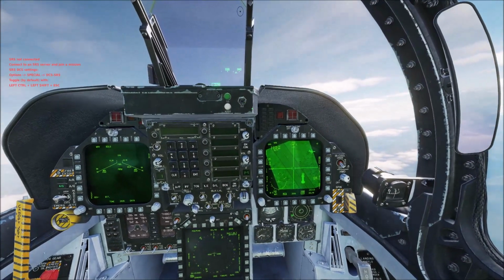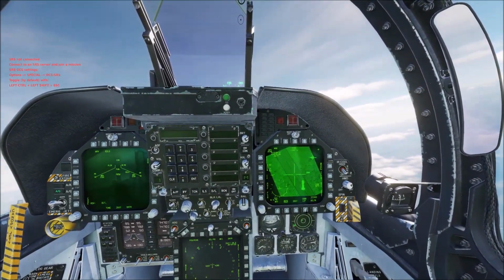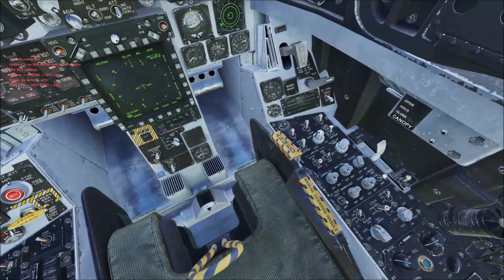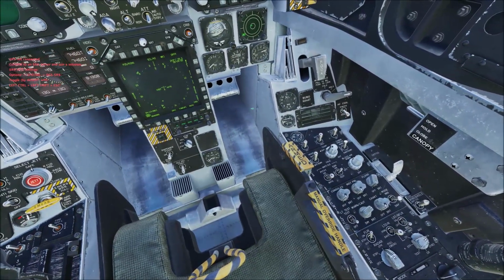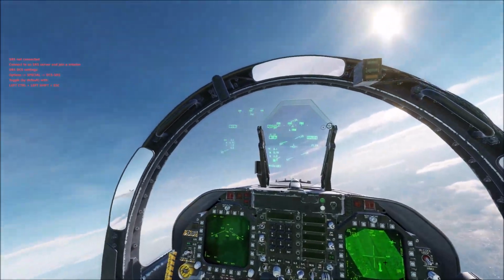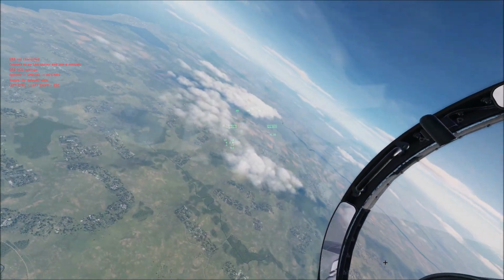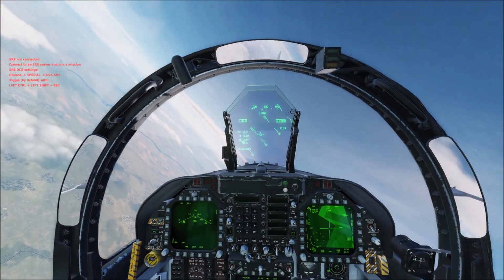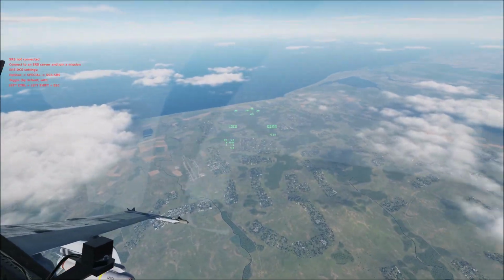All right, now let's take a look at lasing for a friend. So I'm going to turn my laser spot track off. Come down here and turn LST off. Turn my LTDR on. So now I'm using my onboard laser, and we need to find a target to laze